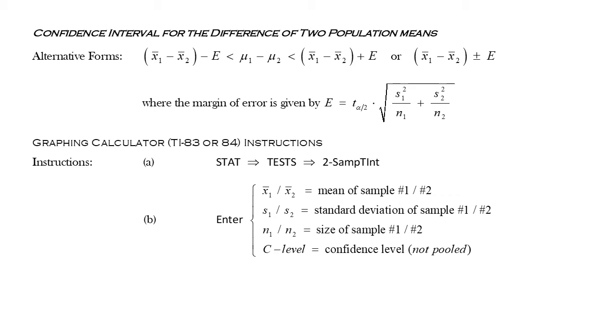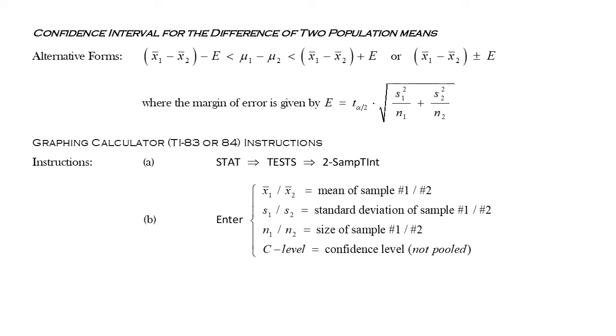Here again, we'll look at constructing a confidence interval when we're comparing the mean between two groups. And it'll follow the same structure that it did before. Notice we'll just adjust our formula a little bit to fit the means. So here we're constructing a confidence interval to tell us something about the difference between mu1 and mu2,